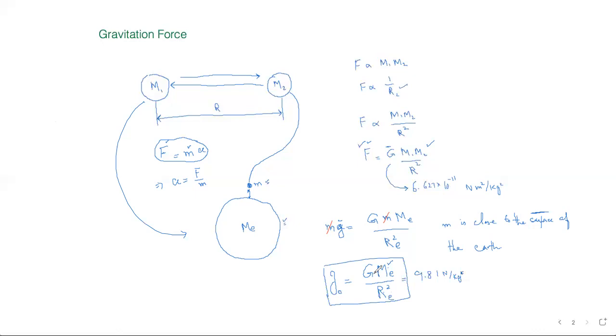Now we move toward our question: what will happen if we go away from earth? If we go away, we are not close to the surface anymore, meaning that the distance, the height h, is now significant. It's quite much. So in that case we will say that our situation